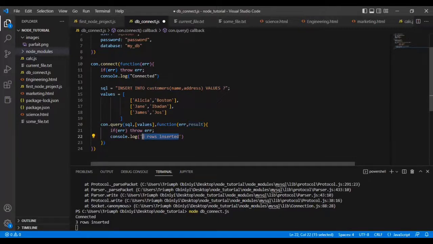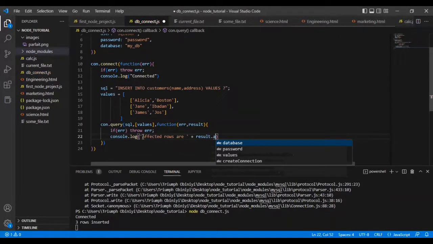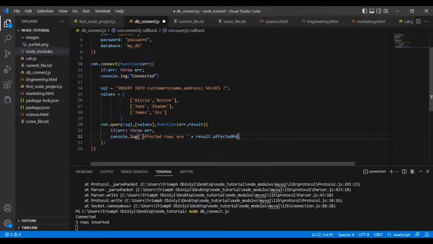For example, I could say something like this: result dot affected rows, right? So let me go ahead and change the values so that at least it will not add the same values. Go ahead and save that, and now you will find out that it will print dynamically the affected